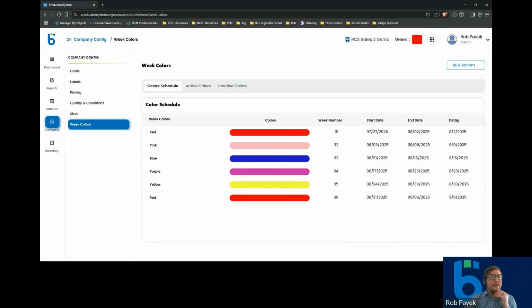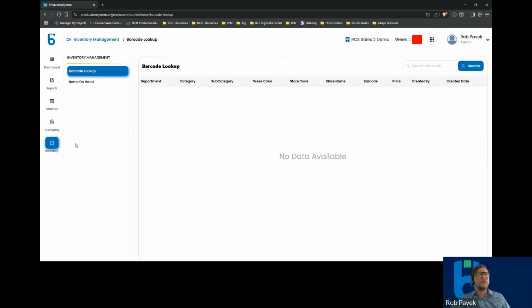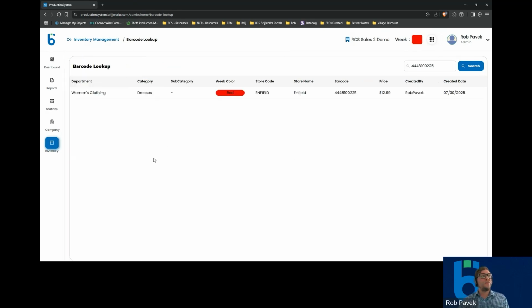All right. And then last but not least, on the admin side of TPM, we have the ability for a barcode lookup where simply a manager can come in if they have questions, scan a barcode, and be able to say, okay, what's going on with this specific barcode? Oh, Rob created it. Why did he price it wrong? Then it'll provide more insight into